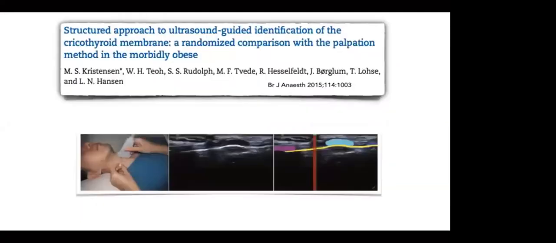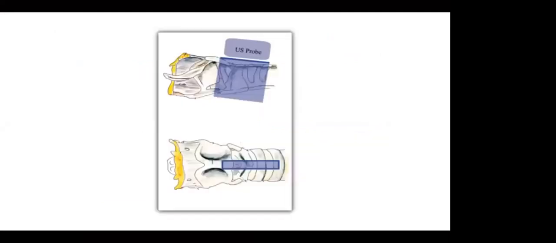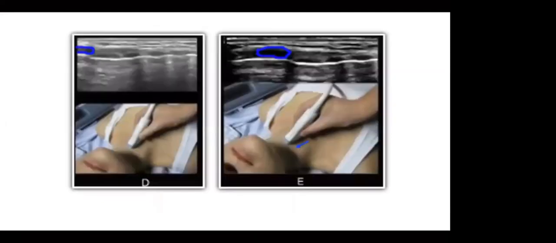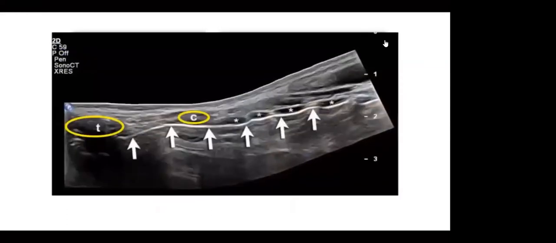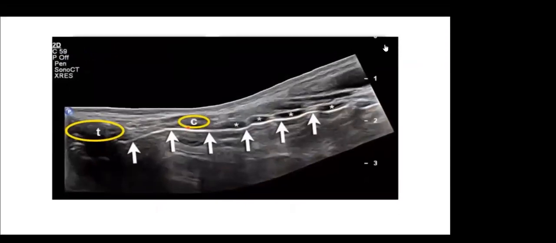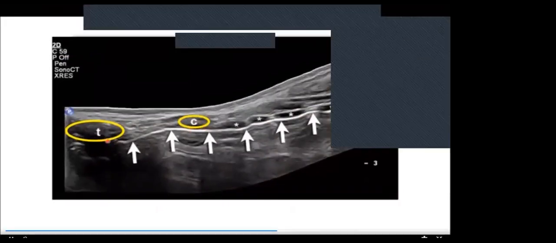There is a structured approach to identify cricothyroid membrane initially described by Michael Christensen. Identification is based on transverse and longitudinal application of ultrasound probes on the neck. On this slide, you can see the orientation of the probe along the neck. As you move along from suprasternal notch towards the thyroid cartilage, you would see the tracheal rings. And as you move towards the head, you would see the first cartilage appearing as a hyperechoic structure, which is the cricoid cartilage. And then you would see the thyroid cartilage and the cricothyroid membrane.